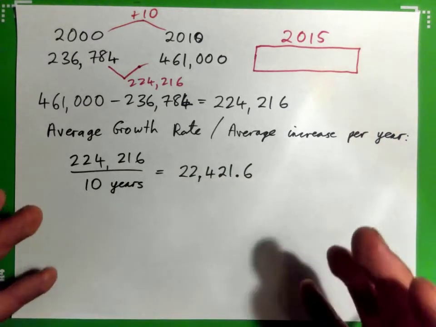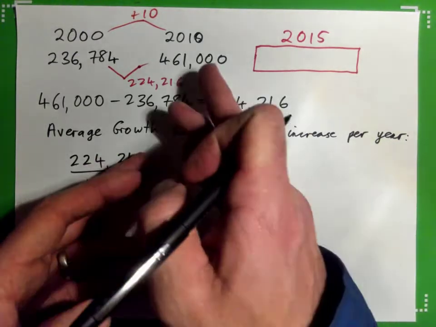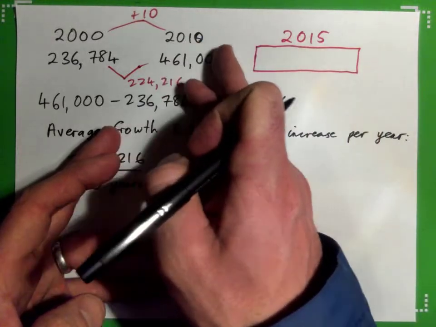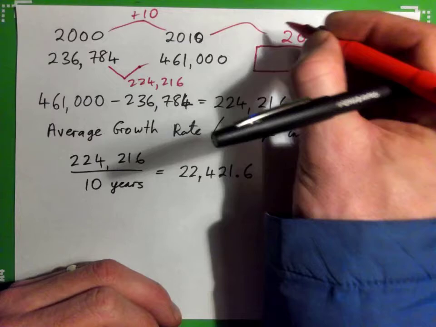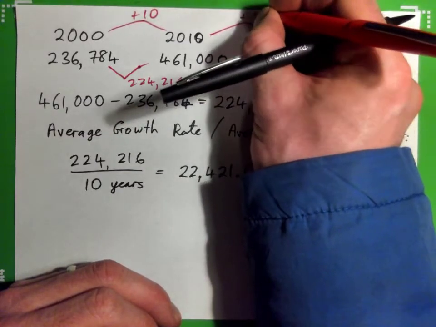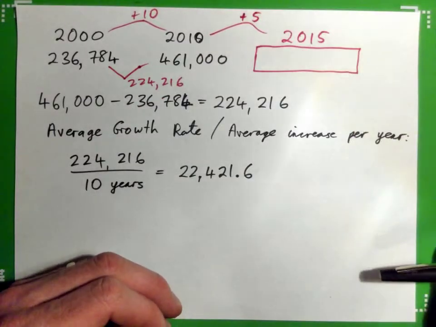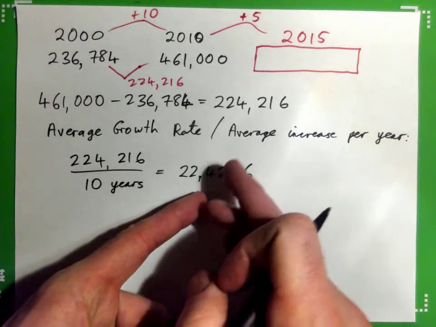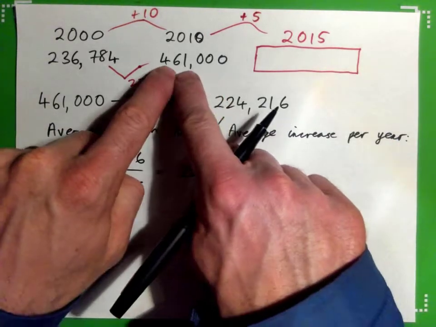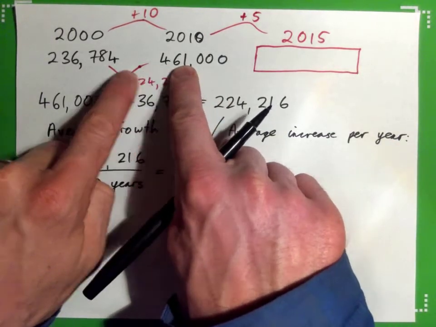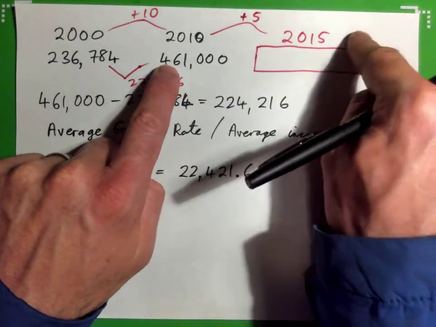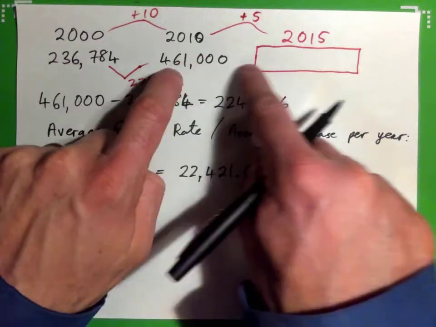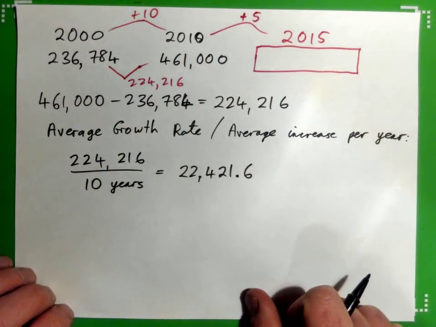And then we say, what if it just went up by the same amount for the next 5 years, up to 2015? That's 5 years more, isn't it? So if it went up by that amount for the next 5 years, where would we be? Right now we're at 461. It's been going up, so we think it's going to go up again. If it keeps going as it is, what's going to happen? That's what we're estimating, right?